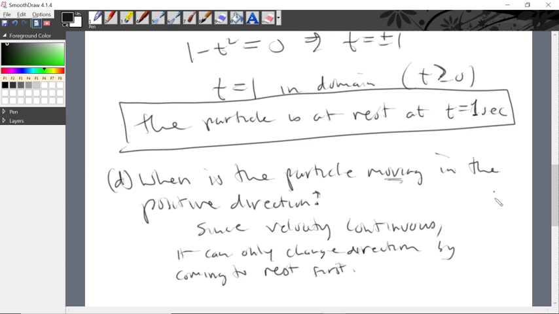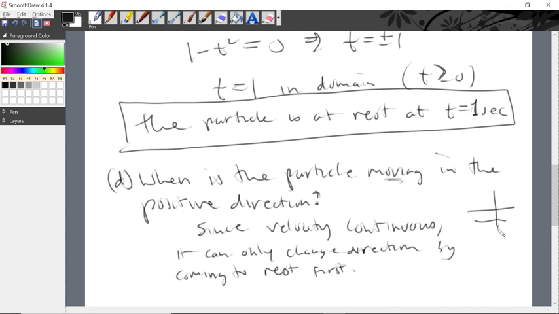To negate this statement, if we had a velocity function that was not continuous, it would be possible for that object to go from negative to positive without going through 0. It's possible to graph something that is negative and then becomes positive if we allow for discontinuities in the graph,